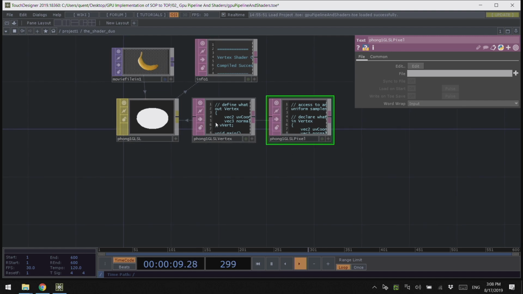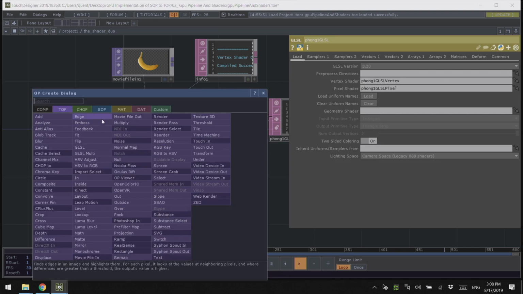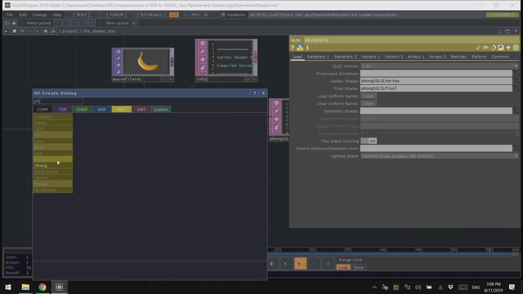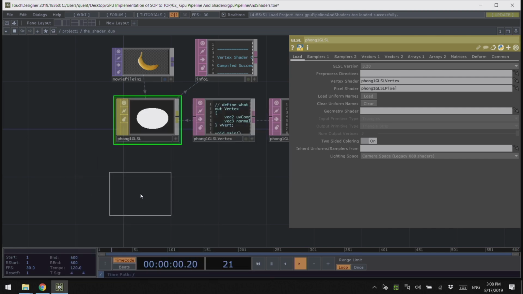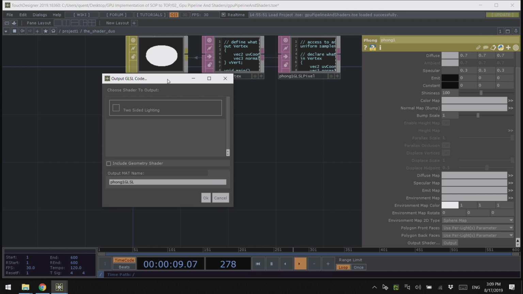The way to create a pixel and vertex shader duo is to start from a Phong material, or a PBR, and then using the output shader button at the very bottom, you can generate the shaders that